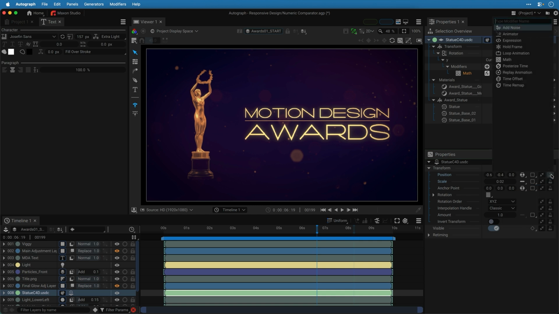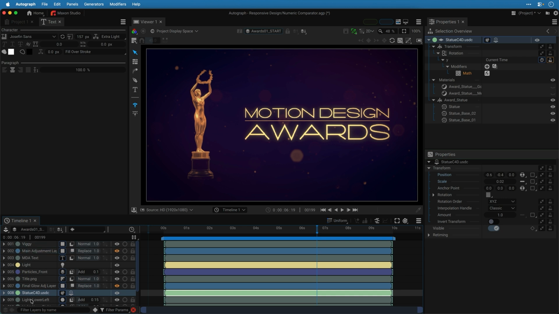Same thing with modifiers. There's no push to comp edge here because this is a 3D object existing in 3D space. So what do we do? Well, this little trick I just showed you about numeric comparator and visible and negate and all that stuff really allows you to do anything, because even if I don't know the right generators and modifiers to use to move this over, what I can do is just duplicate this layer and then on the duplicate make the changes. And so basically you can make any changes that you want using two different layers and